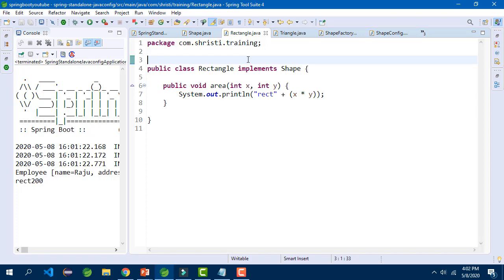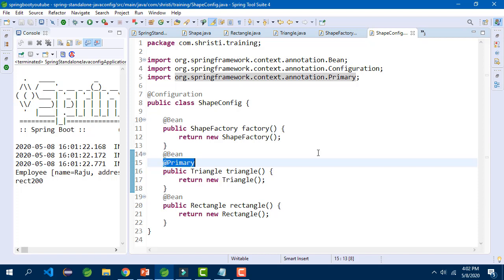In that scenario, you will have to go in for Java based configuration, wherein you will ask the container to create objects for those classes by annotating the methods using @Bean. Say for example, if you are working with JDBC with Spring, you need objects for certain data source, JDBC template and so on. We cannot use annotation based configuration there. In that scenario, we will be using Java based configuration.